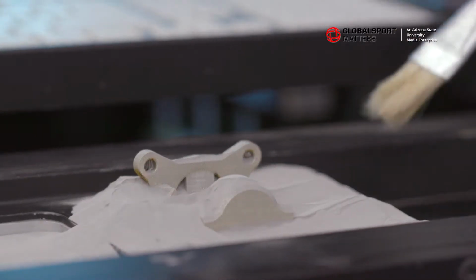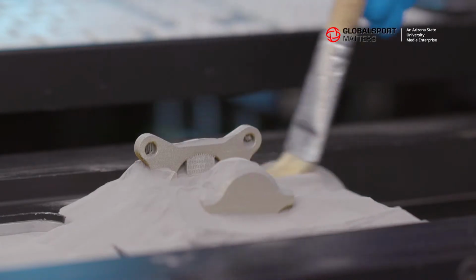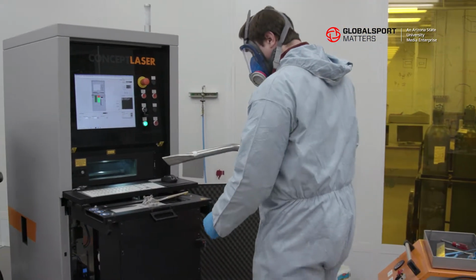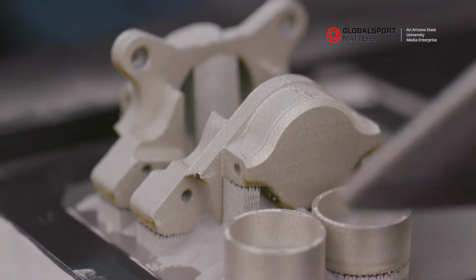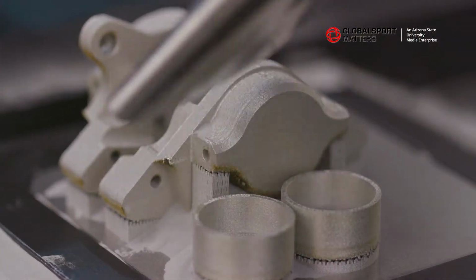It's probably at this point going to be non-structural, so it's not going to carry a load for the vehicle. It's not going to be safety related. It's going to be something like a duct, a bracket, a clip, maybe a panel cover. Particularly as you're looking at some of the electronics, I'll get you a custom panel cover for a new light that I installed, so my driver has some more situational awareness. That's a perfect use for the technology in its current state and current